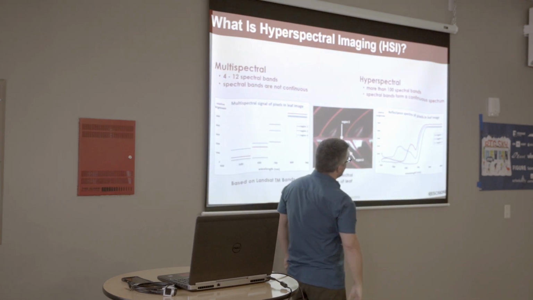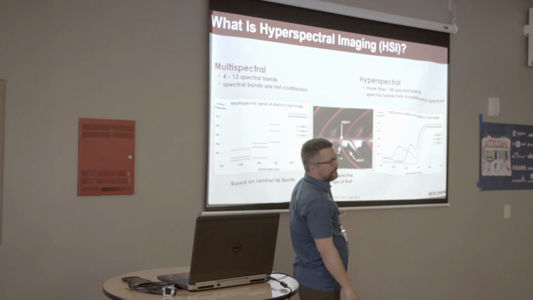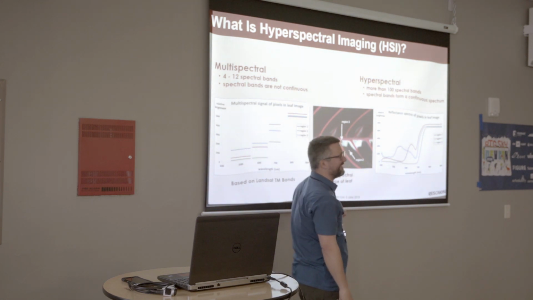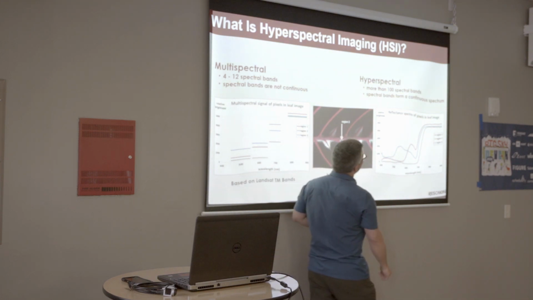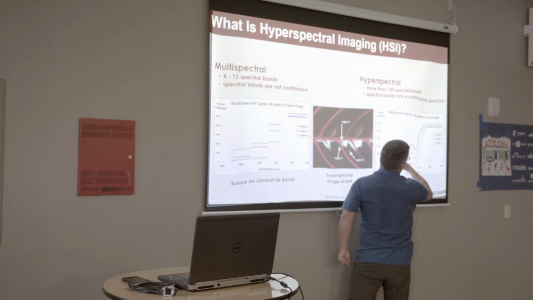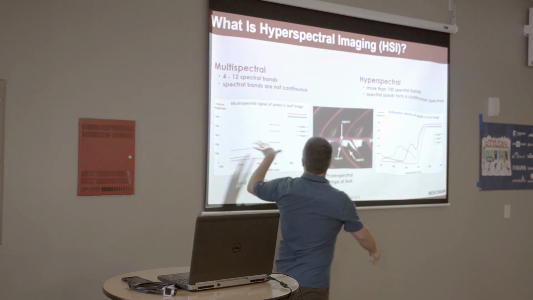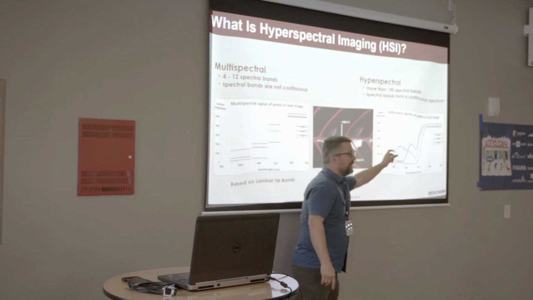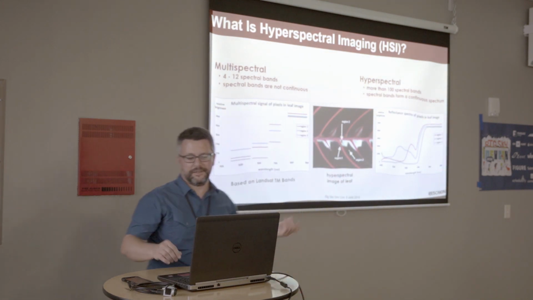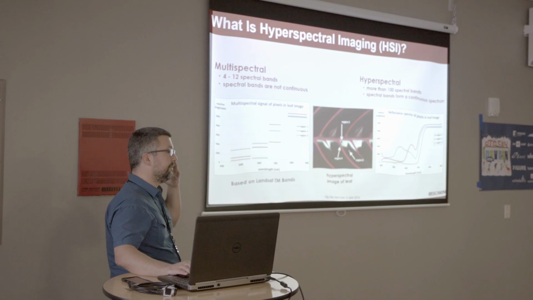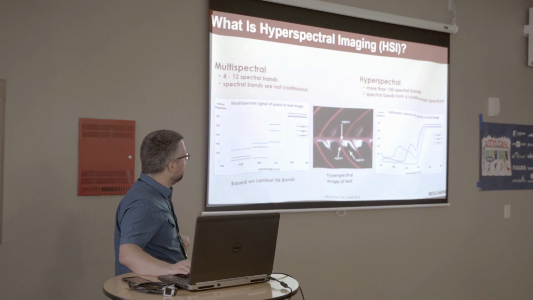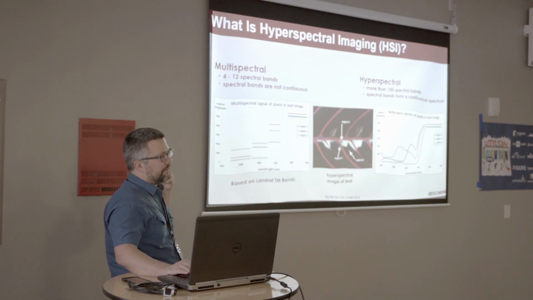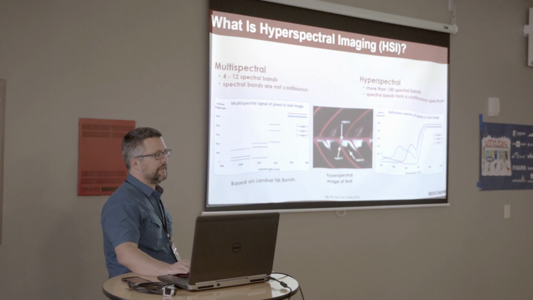look more white. I got a lot of these early slides from our marketing department, so hopefully they're technically accurate, but you're not always sure if that spectrum really is that piece, if you know what I mean. But anyways, these different shapes don't get integrated away over here. They can be very nice for classification and figuring out if two things are different, even when to your eye they don't look different. Here they look different for demonstration, but for plastics recycling, there are a lot of, like, a 1 versus a 2 plastic that visually look totally the same, but it turns out in the infrared they look very